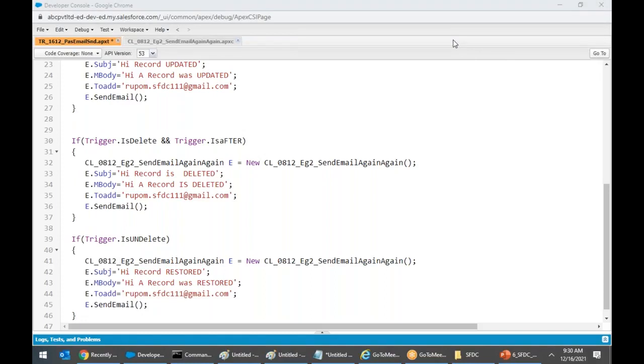The benefit of trigger is that whenever you want a record, before a record